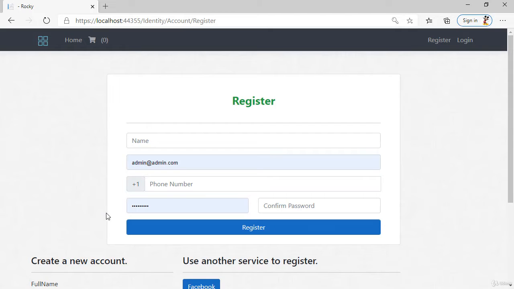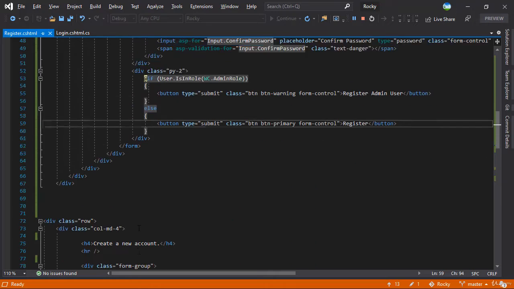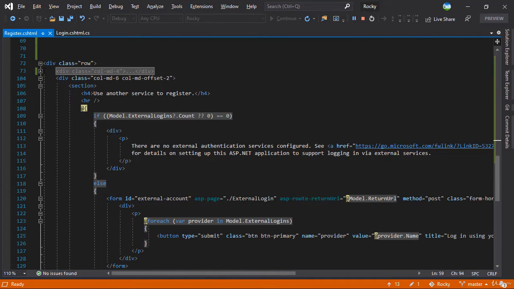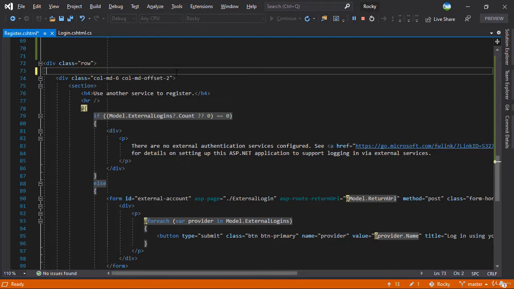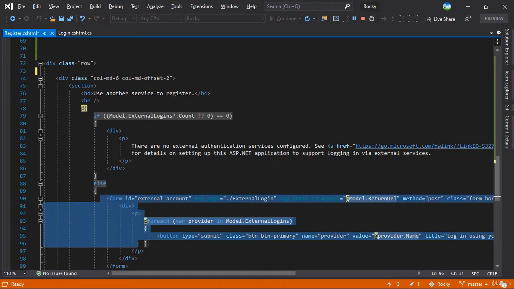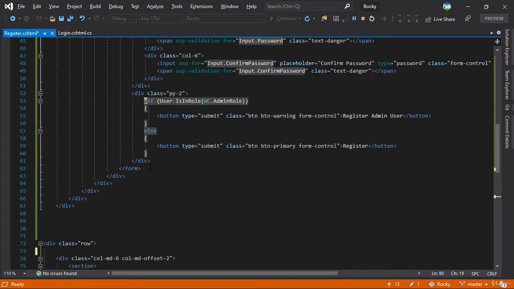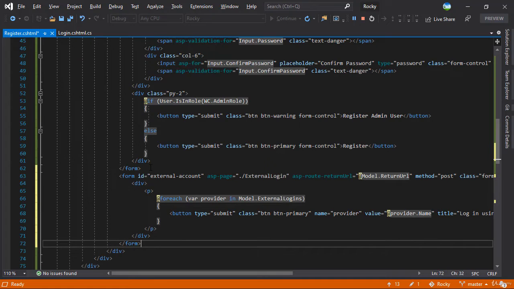Next, what we want is we want external login if that is available. So we'll switch back and we'll scroll down where we have the external login. Let me remove all of this because we're done with that and we have our external login. We can directly copy this form in the else condition, cut that, and outside of this closing form, we'll paste